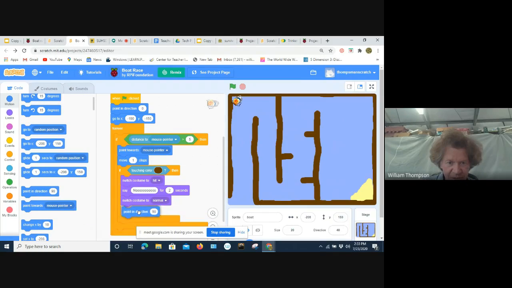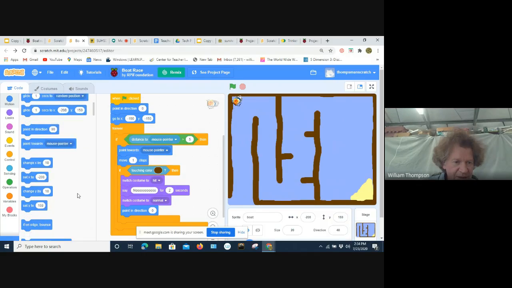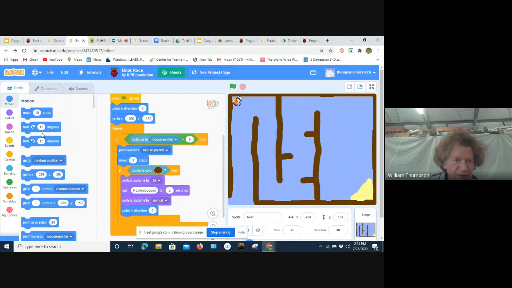Here's a point in direction block. We'll change it to 0. And we also want a move block. Wait, move. Here we go. Go to.